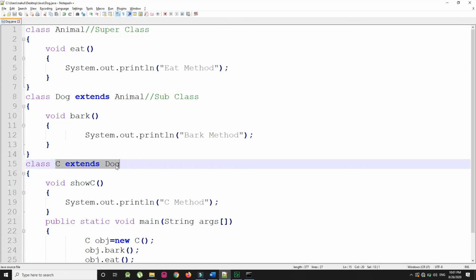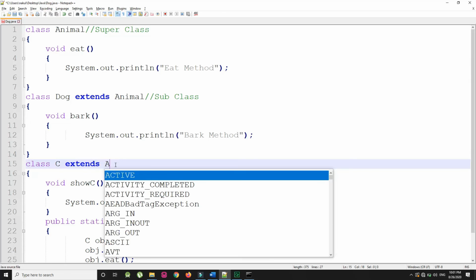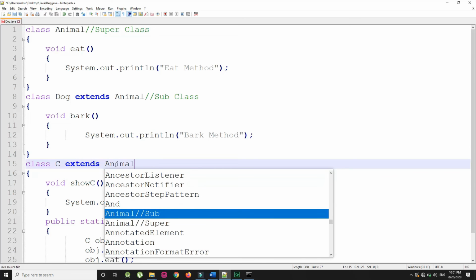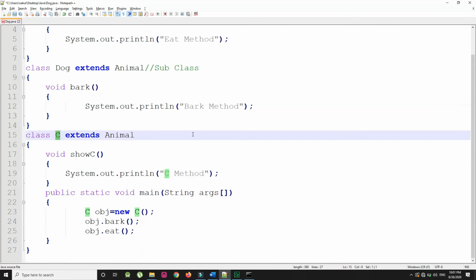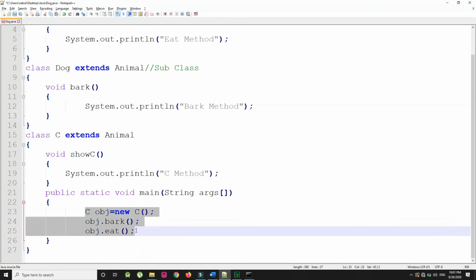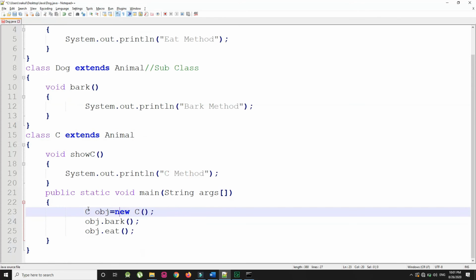Now, to implement this type of inheritance, that is hierarchical inheritance, I am just changing this Dog to Animal. So, as you can see here, we have an Animal class that is inherited by two classes, those are Dog and class C. So this is how we can achieve hierarchical inheritance.